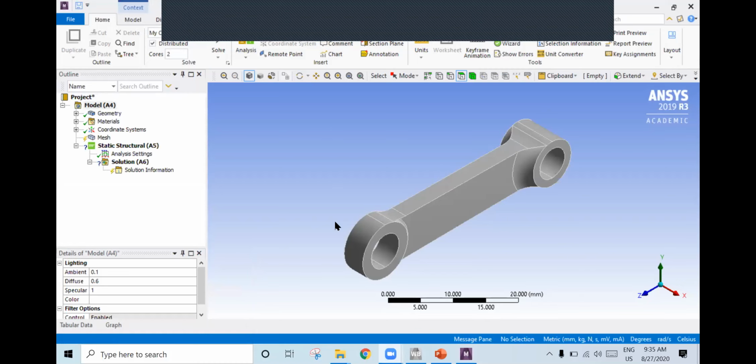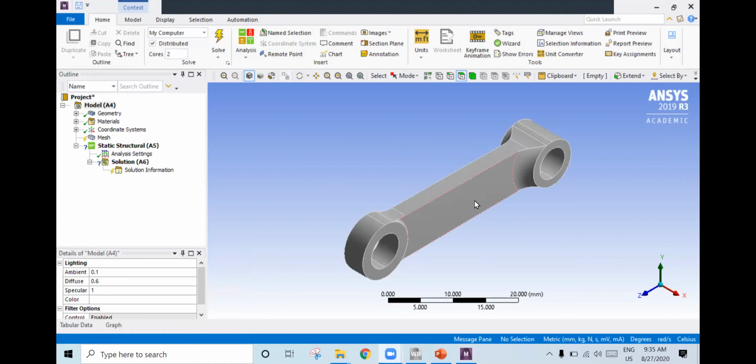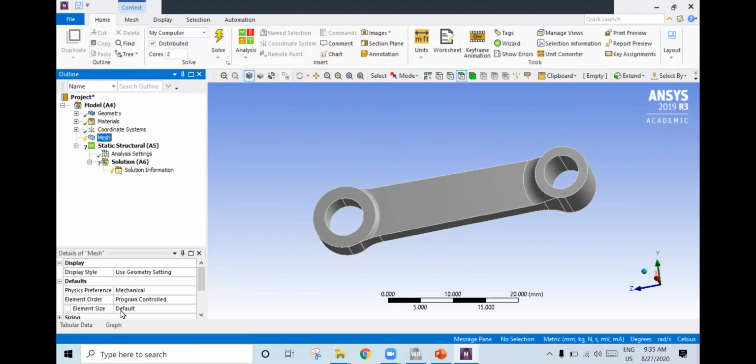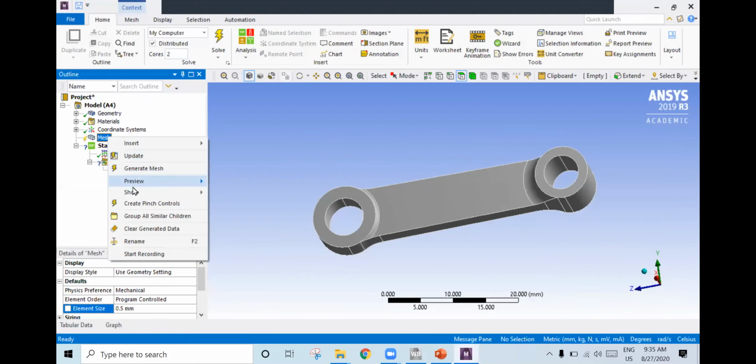See, now we have got the model. Same thing as before: set the element size to 0.5 and generate the mesh.